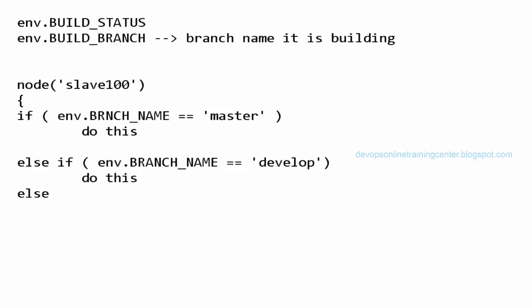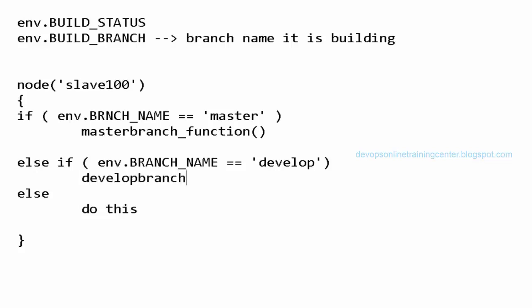Here we can define the code directly, or for modularity we can define functions. So how do we define the functions? Here I can simply give a new function called masterBranch, which calls the function master branch, and here I can also specify developBranch, else I can specify featureBranch.